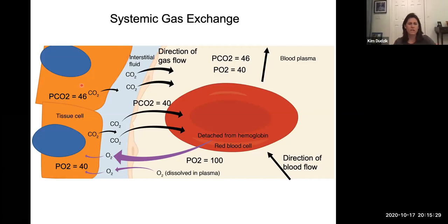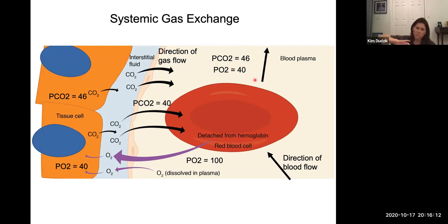So during that cellular respiration, remember the waste product it's making is CO2. Remember that happens in the preparatory phase, and then also in the Krebs cycle, CO2 is building up. So here you can see the partial pressure of CO2 is 46, but the partial pressure of CO2 as it was coming from our systemic system, coming from the heart, is 40. So therefore, that's a partial pressure gradient. So CO2 is going to move across from the cell into the interstitial fluid, and from the interstitial fluid into the plasma until the partial pressure equilibrates.